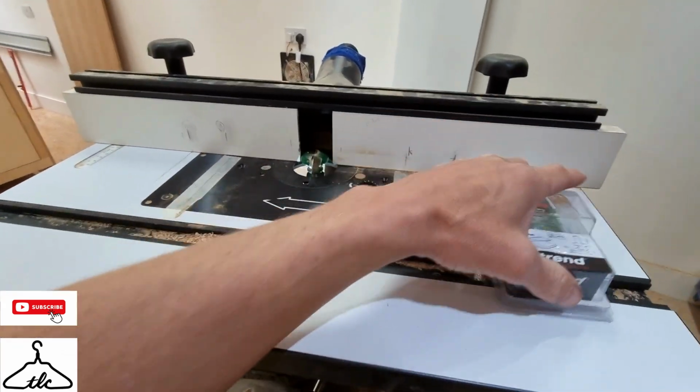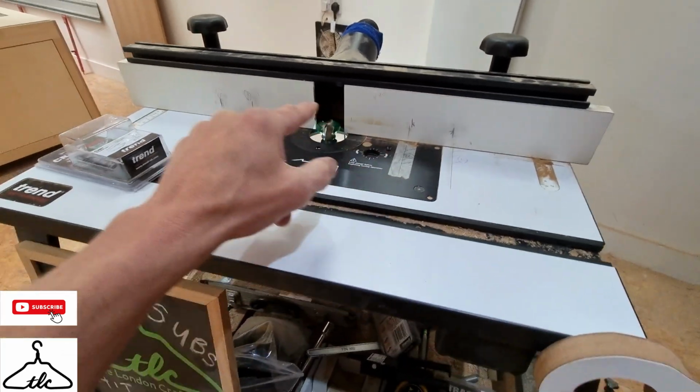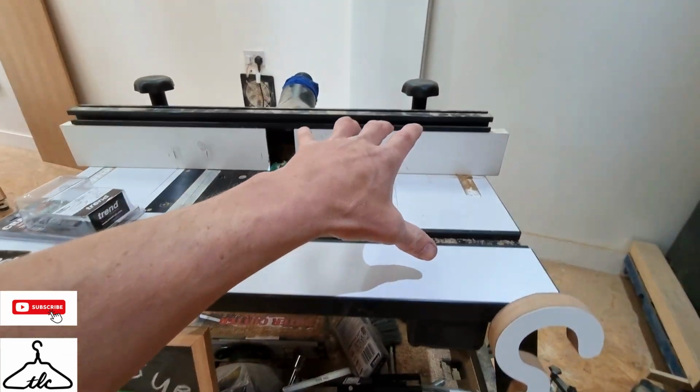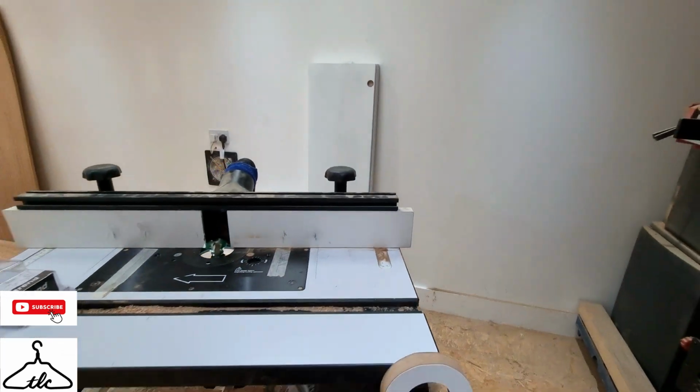And on this one here, we've got the same. We're going to start at number 1 and move across to number 2. So we're going to do 5 of this and 5 of this of the smaller doors, and 2 and 2 of the bigger doors. So one thing to be aware of is as you're plunging,